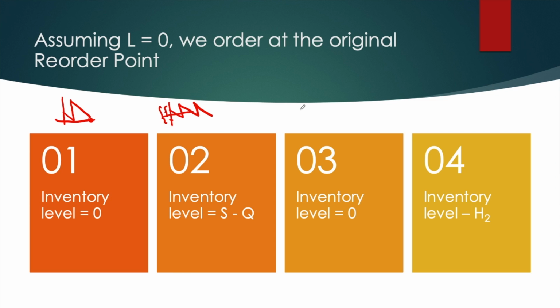Next, for model 3, if you remember the graph, it looks like this. And it is at this point in time where you will be doing your orders, which is where your inventory level is equal to zero. And finally, for model number 4, we have this graph. And for this graph, it is at this point where you will be doing your order. And that point is equal to h over 2.